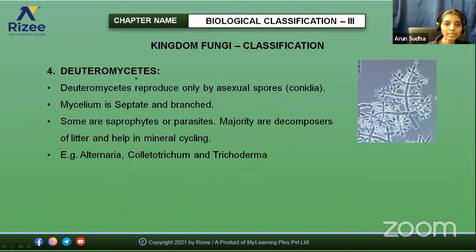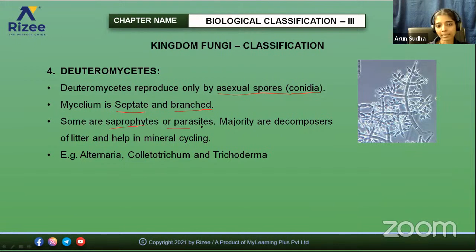So the deuteromycetes reproduce only by asexual spores, that is conidia, and the mycelium here is also septate and branched. So these are the main differentiating points. And some are